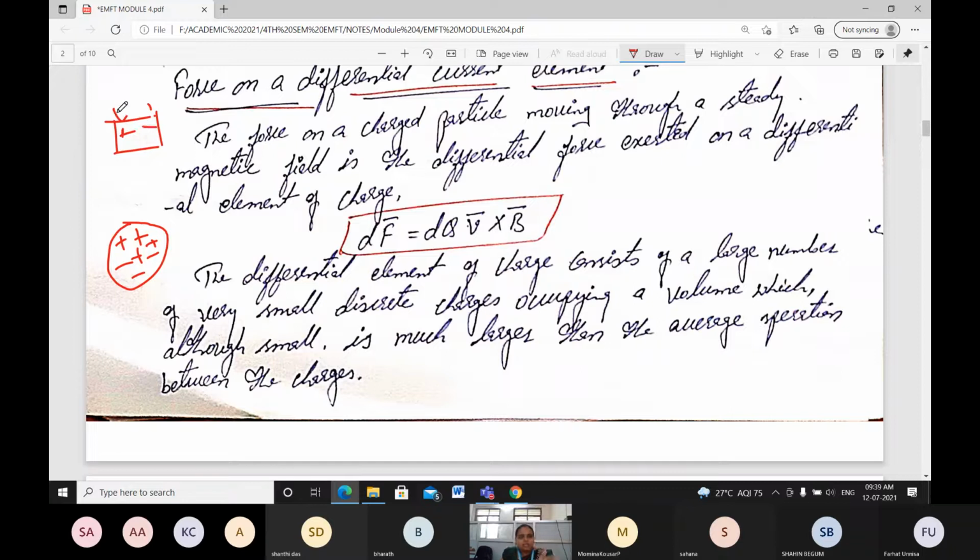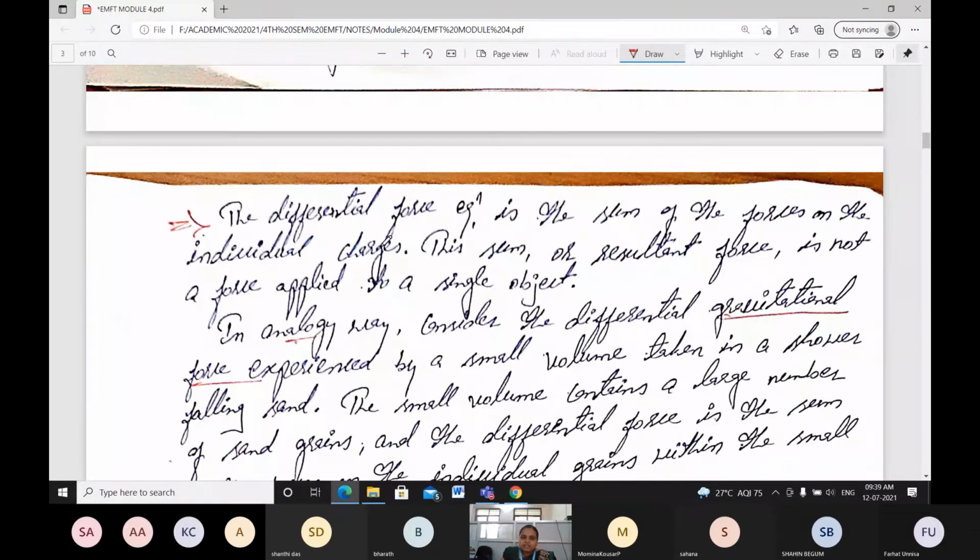When you are applying the charge, then there is going to be movement, right? The same thing is going to be taken here. Then the differential force equation is going to be the sum of the forces on the individual charges. It's going to be q1, q2, q3 divided by 4 pi epsilon naught r. We have taken the same thing, right? The individual force of each charge, all factors will be coming here only.